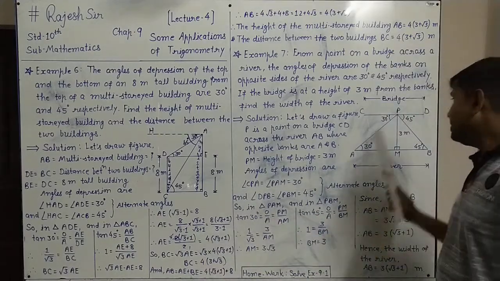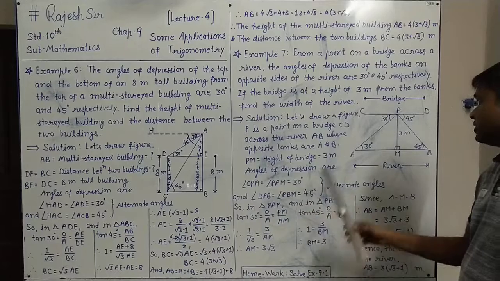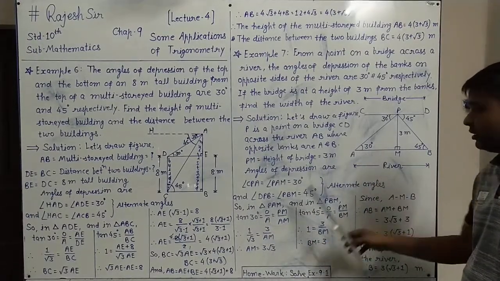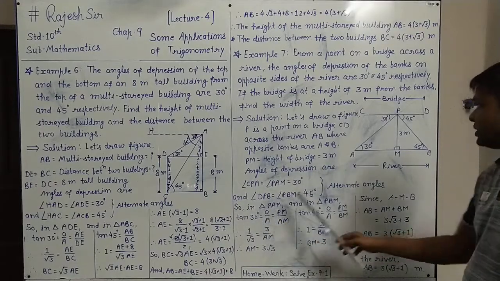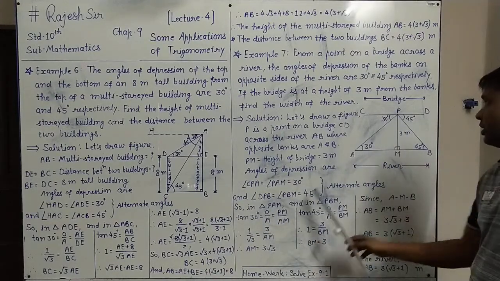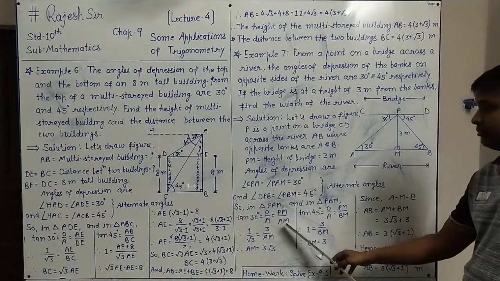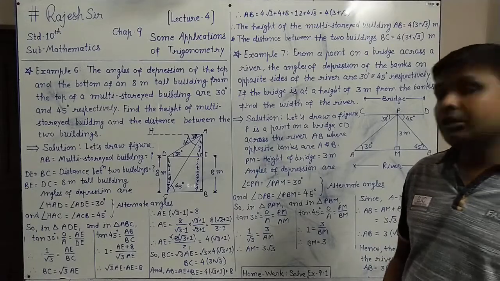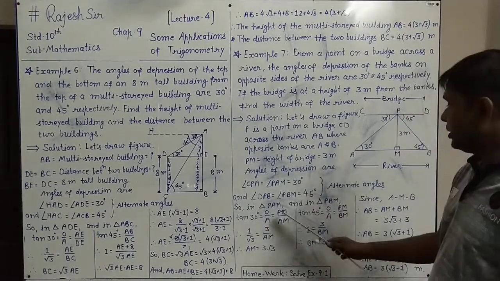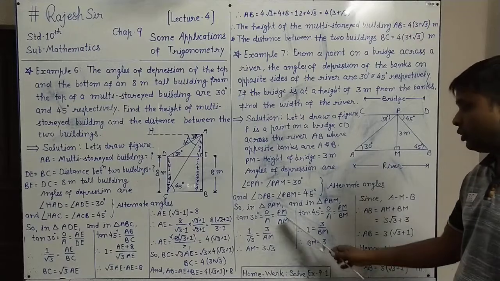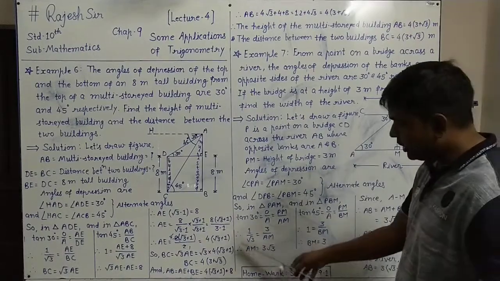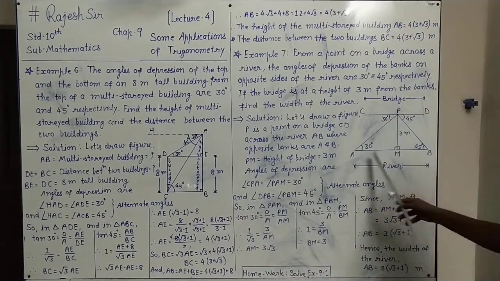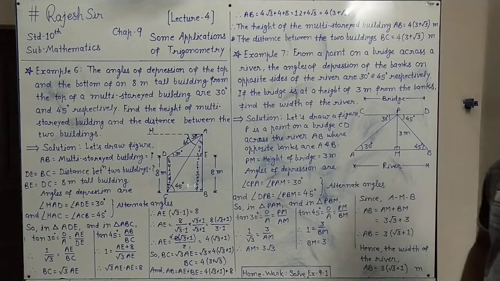So first in triangle PAM, when we apply the trigo ratio, tan 30 degree is given in this triangle, equals opposite upon adjacent. So the opposite side of 30 degree is PM, upon adjacent is AM. Now place the value: tan 30 degree equals, from the trigo table, 1 upon root 3, and PM is 3 given in the question, upon AM as it is. Cross multiply: AM into 1 is AM, and here it is 3 into root 3, 3 root 3. So AM is 3 root 3, we found.